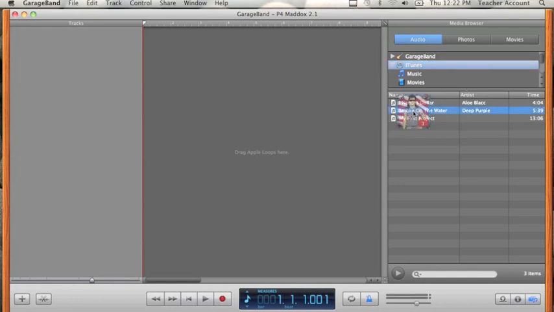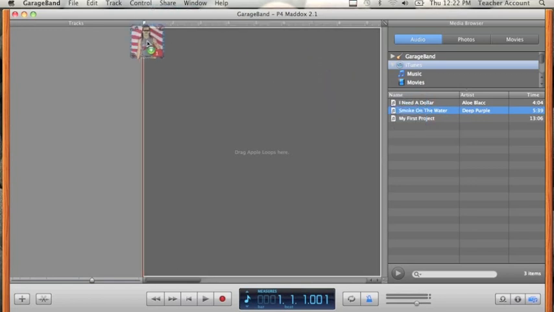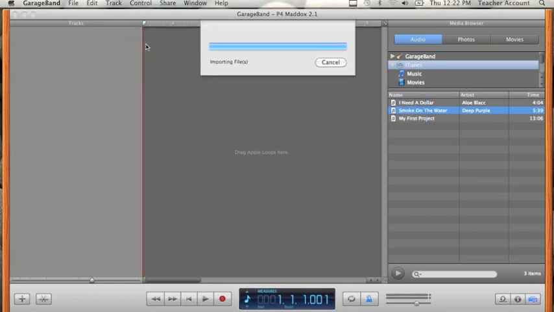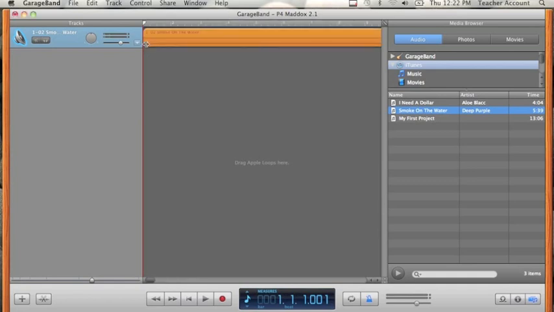It's so simple. I just click and drag the song over to measure 1 here. GarageBand is now importing the file. It's converting it probably to a WAV file. And you see now an orange sample up here. So far we've only seen green and blue. This one is orange. That means it's an external file that cannot really be adjusted in the ways that some